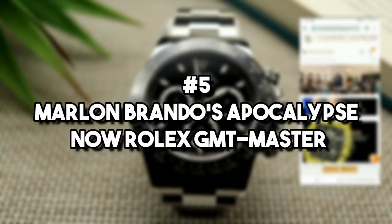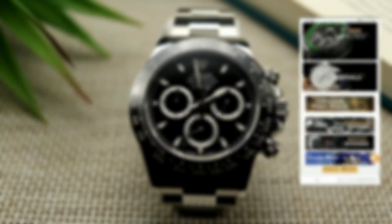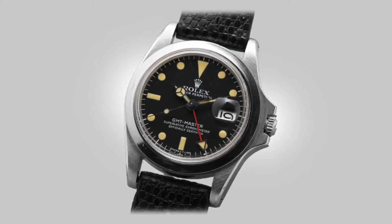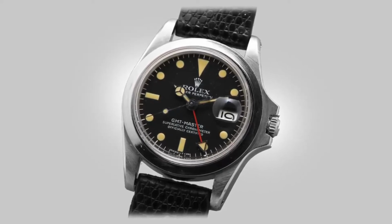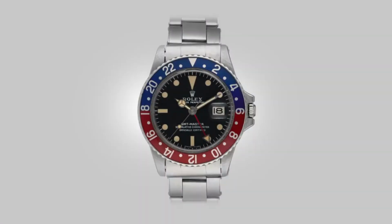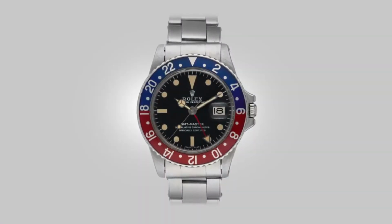Number 5. Marlon Brando's Apocalypse Now Rolex GMT Master. After only 15 minutes of intense bidding at a recent Phillips auction in December 2019, it was sold way over expected price. This watch, manufactured in 1972 and worn in the 1979 movie Apocalypse Now by award-winning actor Marlon Brando,